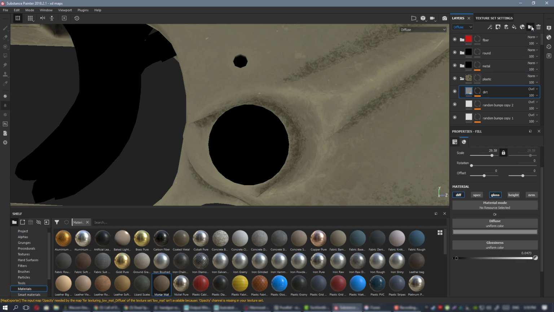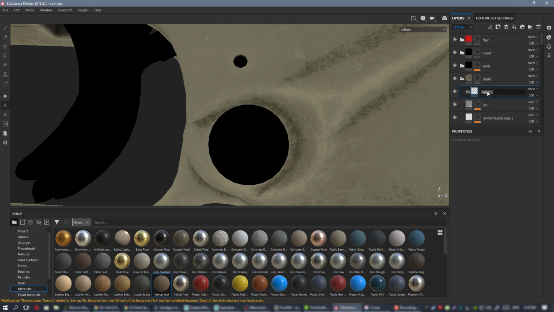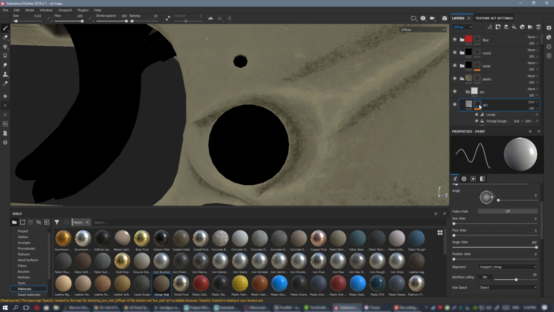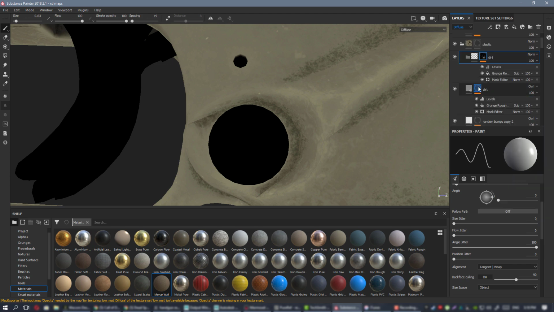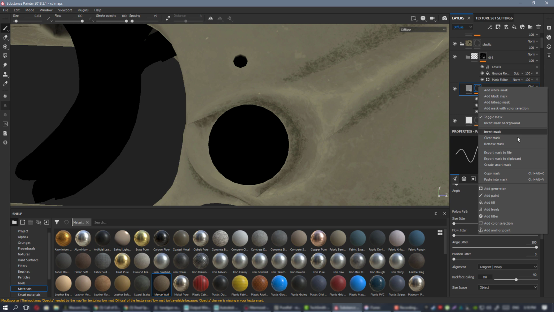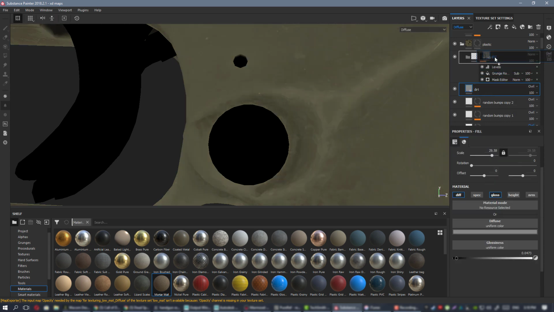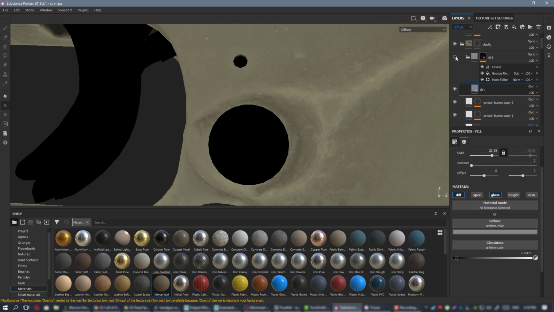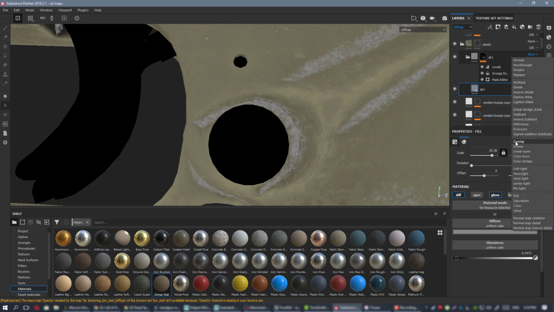Guess we can go darker with the diffuse. Okay, so this material should be more complex. Let's create a folder for that. Let's call it dirt, and let's copy mask, add black mask, paste into mask right there. This one, just delete this mask and drop it into folder right there. Set diffuse to overlay